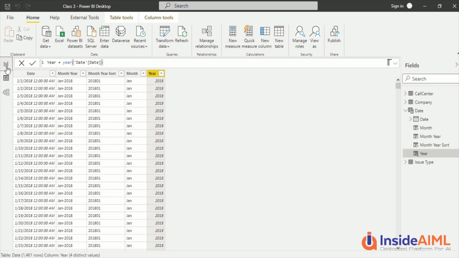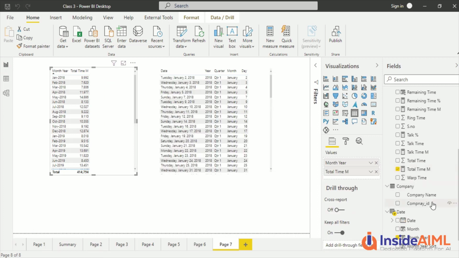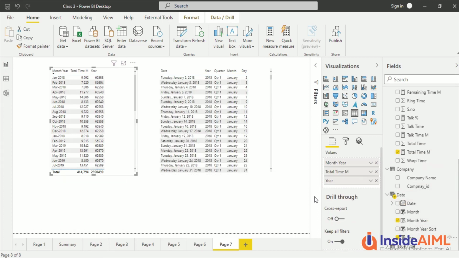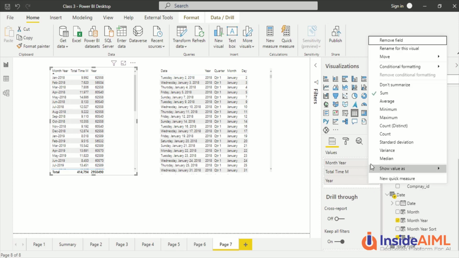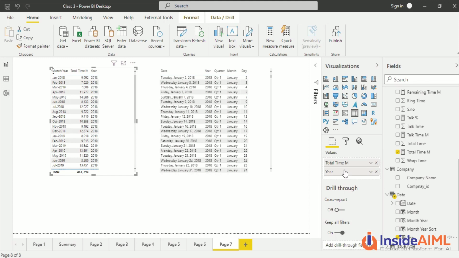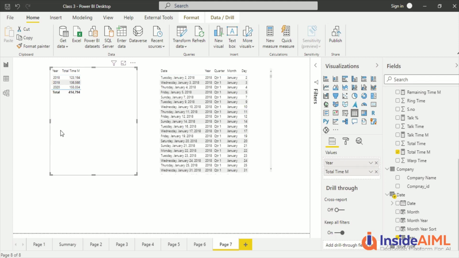Now this model has a year, so I can go ahead and analyze this data by year. So let me drag year out here, and because year is a numerical column, I have to say don't summarize, and I remove this and put it first. So I am able to summarize my data by year. So you have seen how quickly we can get the data into Power BI, do some basic data preparation, configure it, and create different kinds of visuals. I've just given a brief overview of all of that.